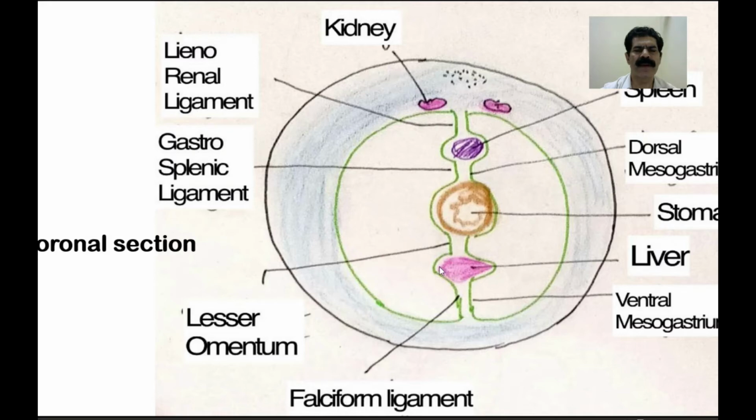In the ventral mesentery, the liver develops, and this ventral mesentery from the anterior abdominal wall to the liver is called the falciform ligament, and from the lesser curvature of the stomach to the liver is named the lesser omentum. From the dorsal mesentery, due to the development of the spleen, from the greater curvature to the spleen is called the gastrosplenic ligament, and from spleen to the kidney is called the lienorenal ligament. So this is the coronal section showing the fate of the ventral and the dorsal